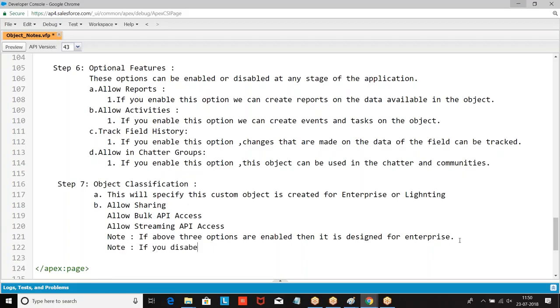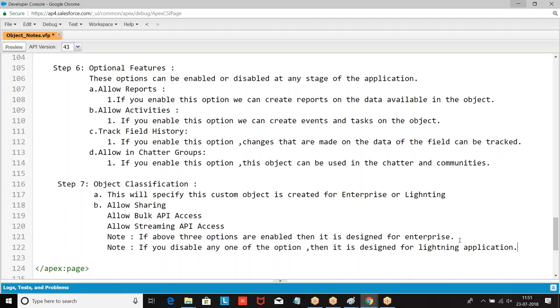If you disable any one of the options, then it is designed for the lightning application. An object designed for enterprise can be used in lightning.